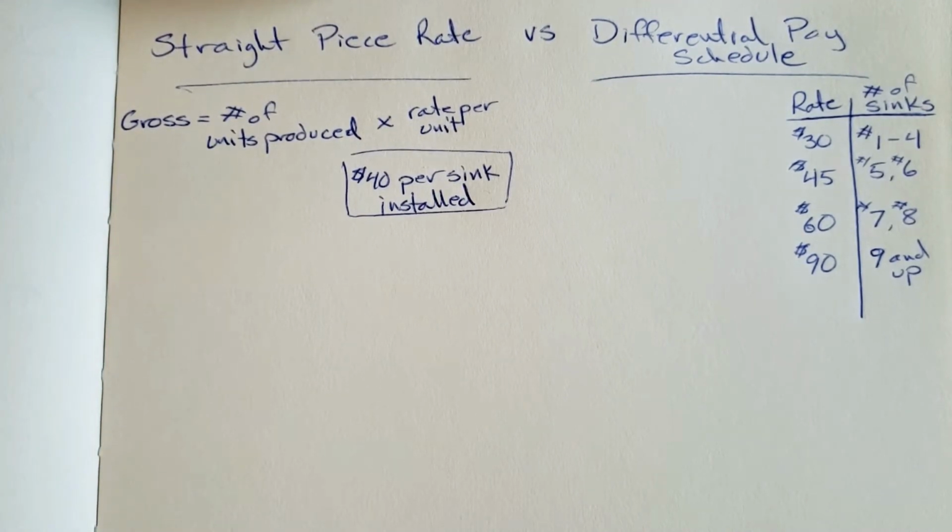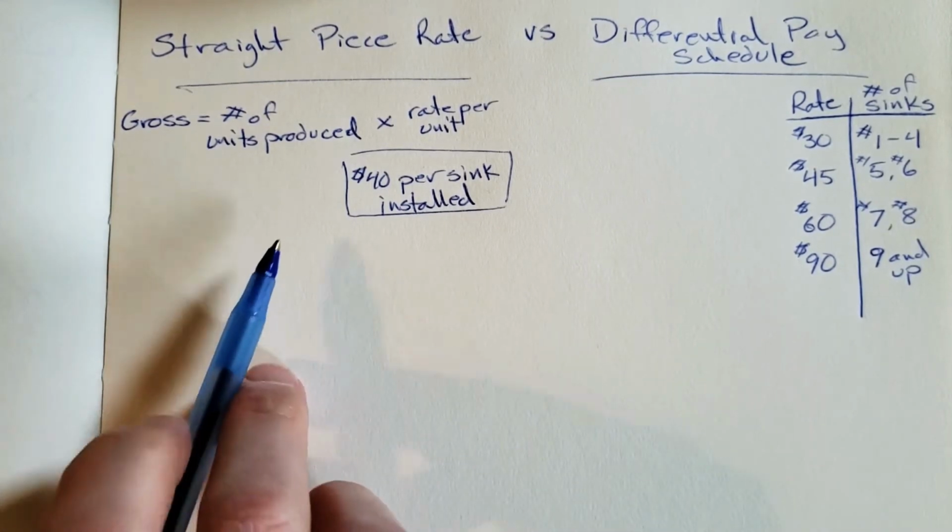An example of this may be, if a hotel is being made and a contractor is paying the plumbing company let's say $40 per sink installed, as opposed to how many hours they may work in a day. They will get paid by how much work they actually do. And so an example of a straight piece rate would be